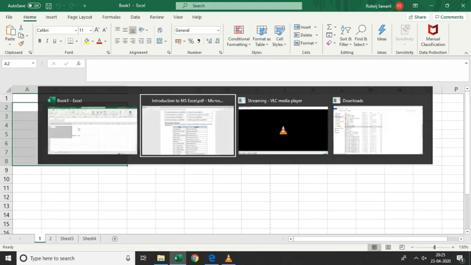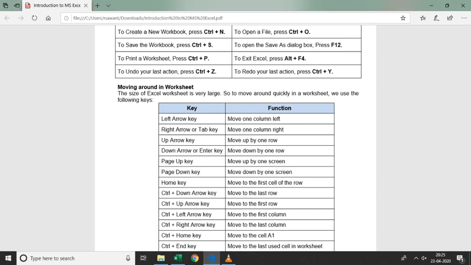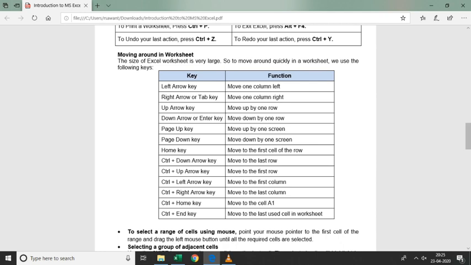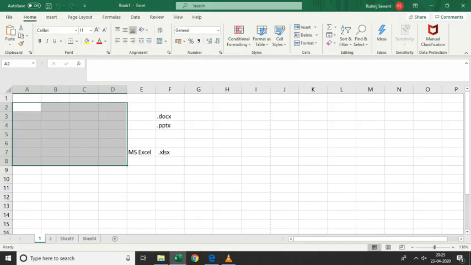Here I have listed out a few. Left arrow key, move one cell left. Suppose now I am within this cell.